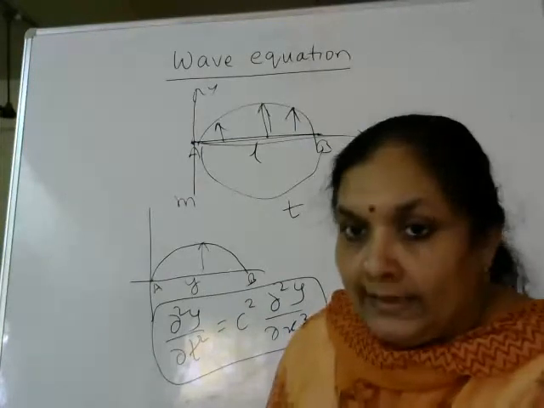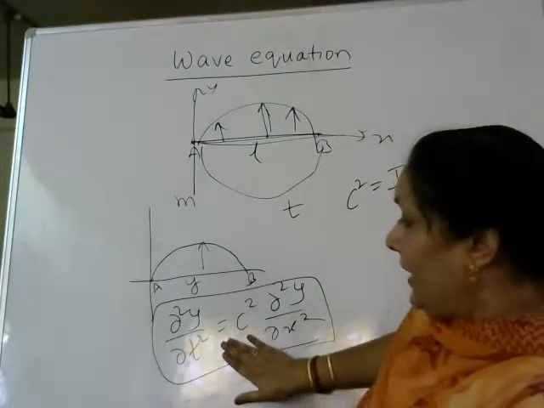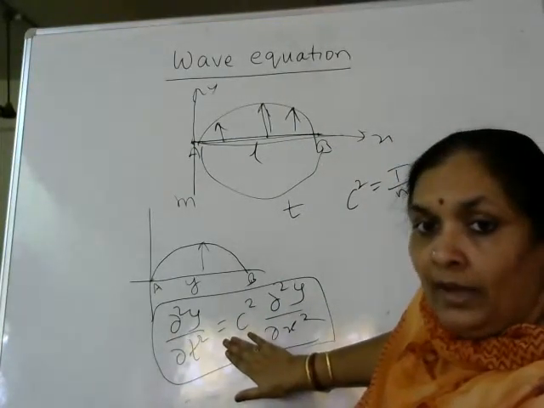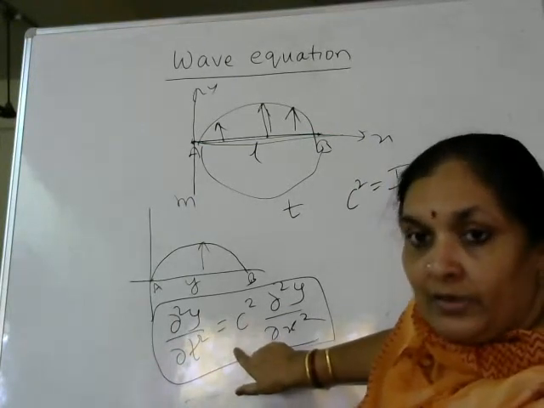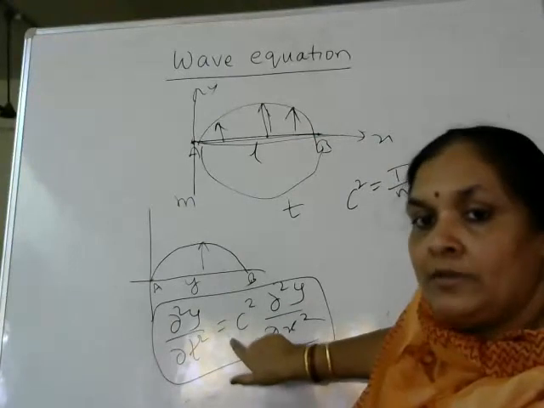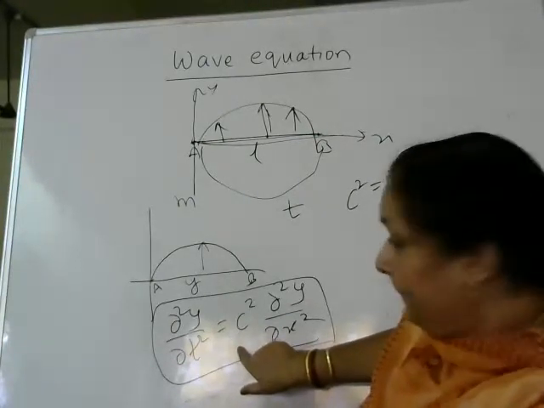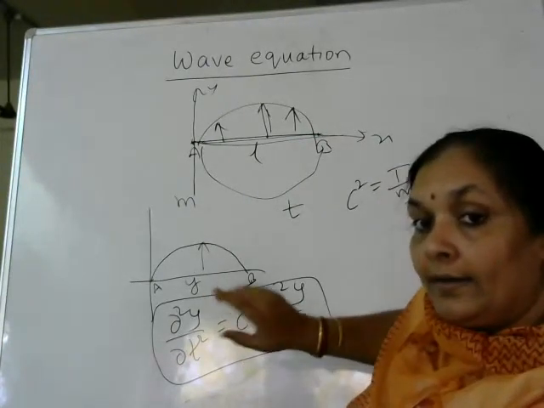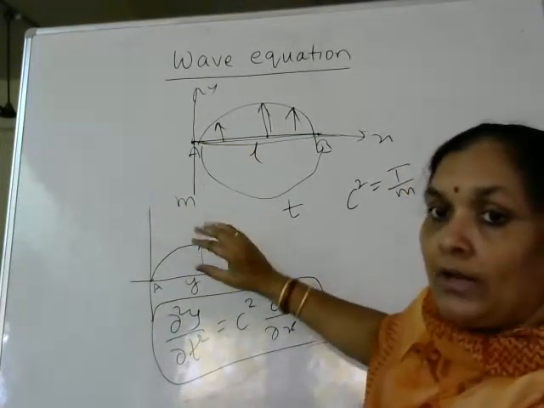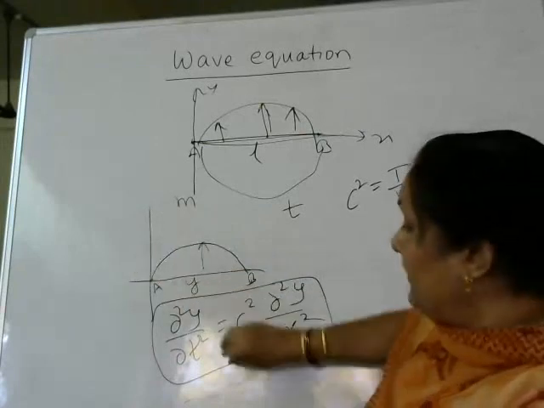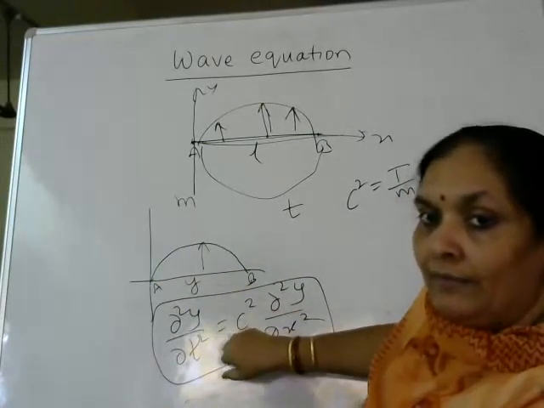Now what we are going to learn in this concept is, first, we'll find out the solution for this equation. Today, we are going to learn how to find the solution for this partial differential equation using the method of separation of variables, which we learned yesterday. After that, we choose, corresponding to the solution, what physical nature the problem has, and what the suitable solution is for this. From that, we solve the problems.